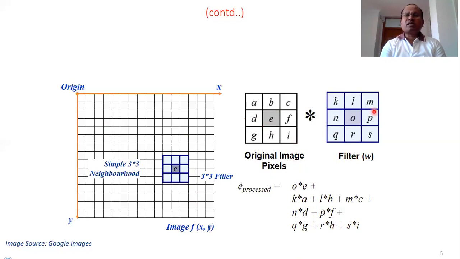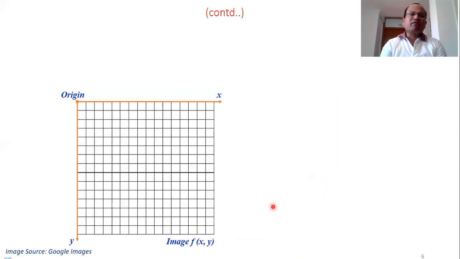What is happening? This mask is operating or applying over this neighborhood. So it's a kind of filter. How does a filter work? These are actually not direct products. We actually apply a kind of convolution, a spatial convolution. We convolve because when the mask moves from left to right, we do not directly multiply the values, rather we convolve. So this will give us the new value, the processed or output image, and then we'll get some image.